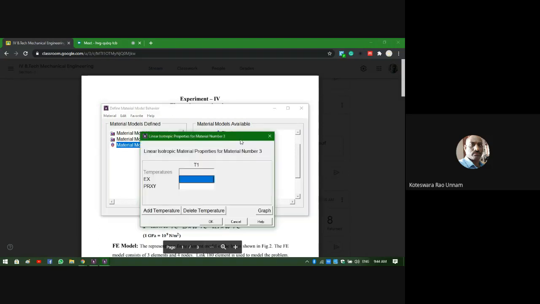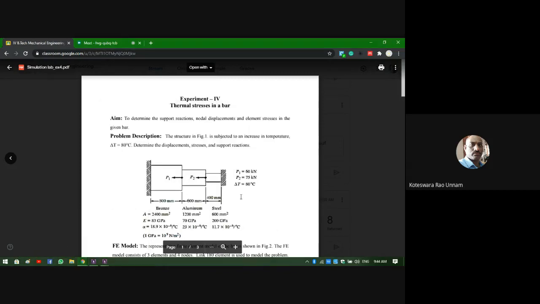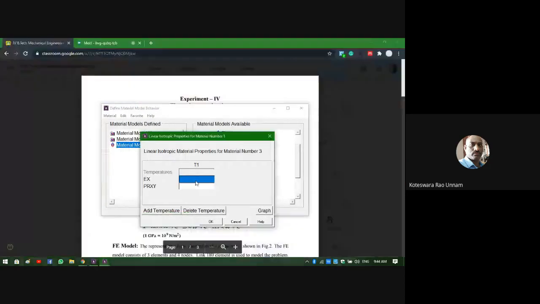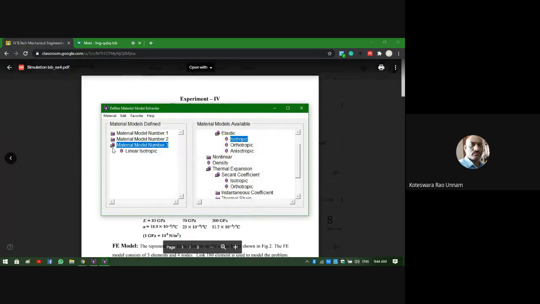Again, I'll click isotropic properties. I need to define the Young's modulus and Poisson's ratio for the third section. The third section is made of steel whose Young's modulus is 200 GPa. So I'll give it as 200 E3 in MPa. Obviously, the Poisson's ratio is 0 for this also. Okay, see, now the empty thing is converted into a folder, but it is still in an open form. That means you have opened this material properties. If you minimize this, it will become like this.